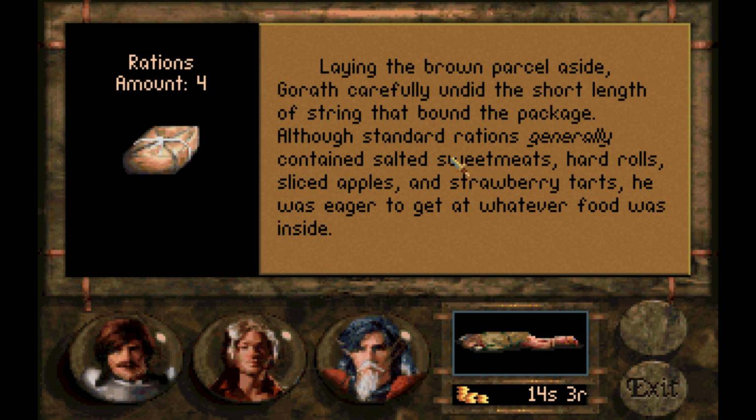Laying the brown parcel aside, Gorath carefully undid the short length of string that bound the package. Although standard rations generally contained salted sweetmeats, hard rolls, sliced apples, and strawberry tarts, he was eager to get at